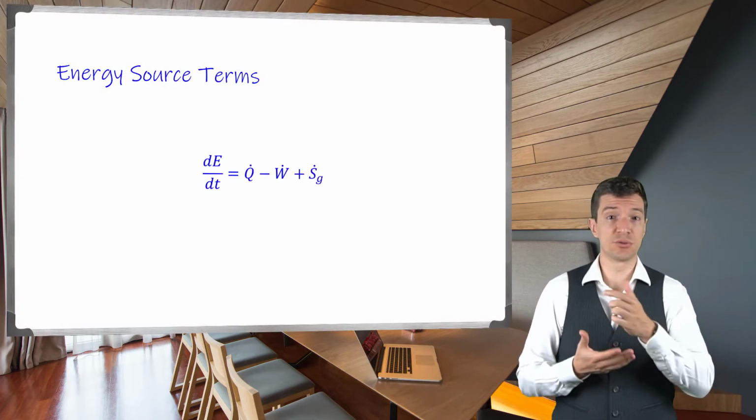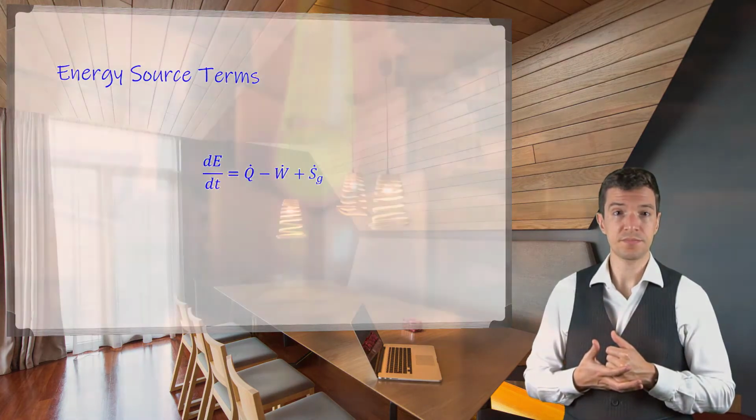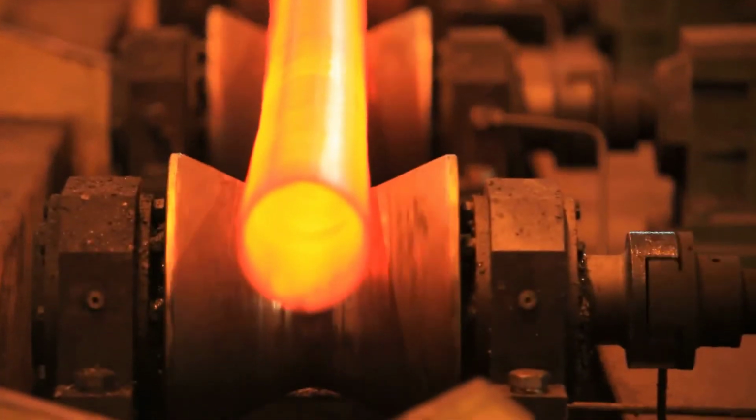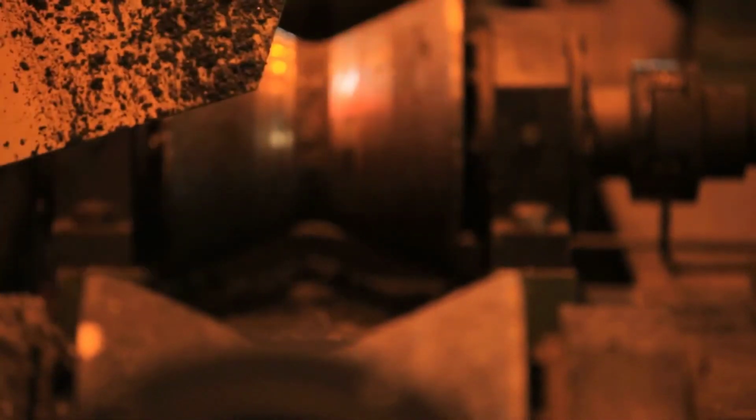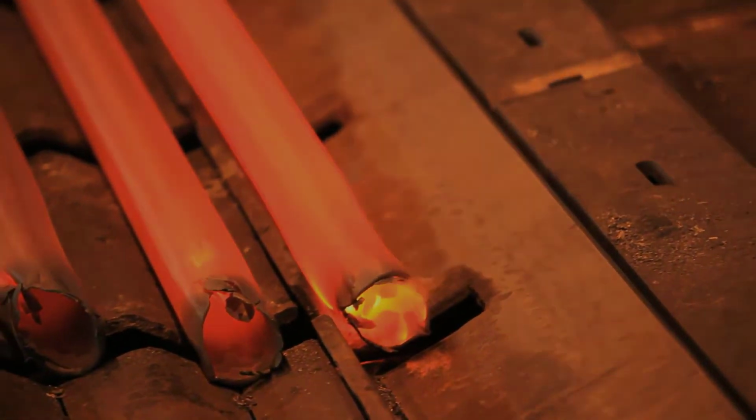The rate of change of the total energy can also be impacted by processes that are not represented by internal, kinetic, and potential energies. In order to take into account these effects, we can add a source term to the equation. Typical sources can be radiation effects when we are dealing with very high temperatures, or thermal heating from electrical current flows. Let's now analyze the two remaining terms in the equation.